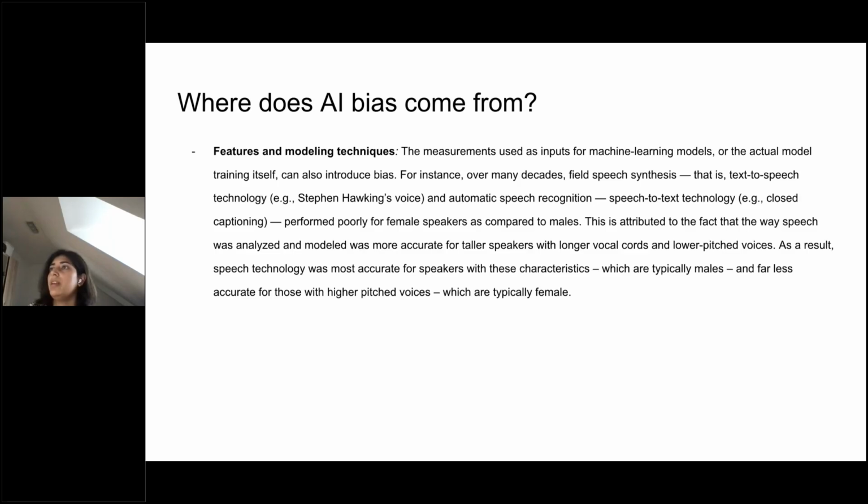So, features and modeling techniques also can introduce a lot of bias. So we have to make sure that if our data set is already biased, maybe upsampling can help here. For example, if you know that the women's data is too little, or darker skinned women data is too little, maybe try to increase the data volume by doing upsampling, increasing the classes so that the data has enough volume that the machine learning model is fair enough.